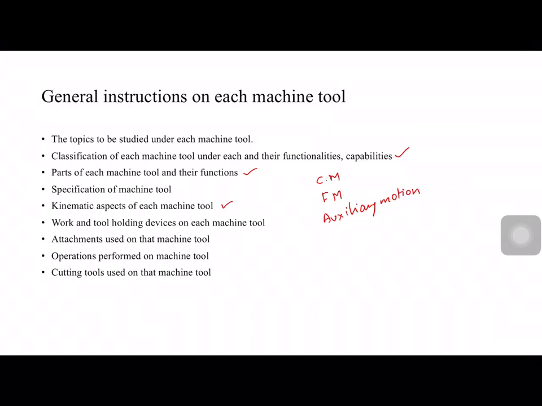All these things you need to understand related to the work holding devices. In a similar platform, you can also think about the tool holding devices. In tool holding devices, let us look at the lathe aspects only here. So the tool holder is the single point cutting tool holder. That is directly placed on what? On the compound rest. If the compound rest is not there, you can place directly on the cross slide. So in that way you need to understand the things related to the work and tool holding devices on machine tool.